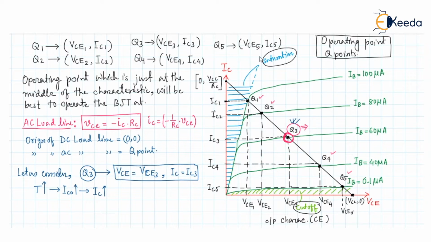So that's why, due to the increment of this temperature, the IC current has been changed. So this IC3 value will now change to some other value. Let us say the IC3 has been changed to IC dash, and this IC dash will be greater than IC3 because temperature is increasing. So we can say right now that our IC3 value has been changed to some value IC dash, and this IC dash corresponds to,